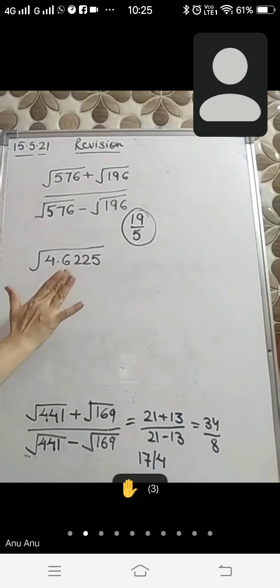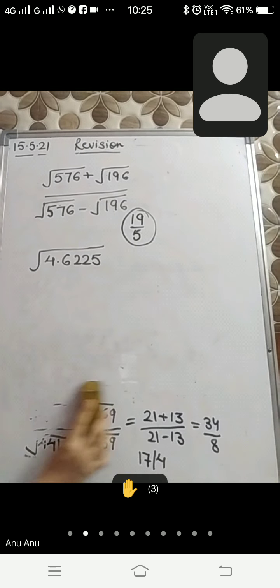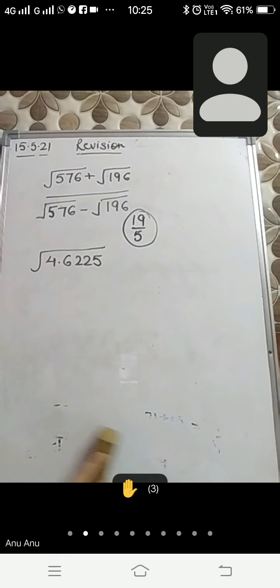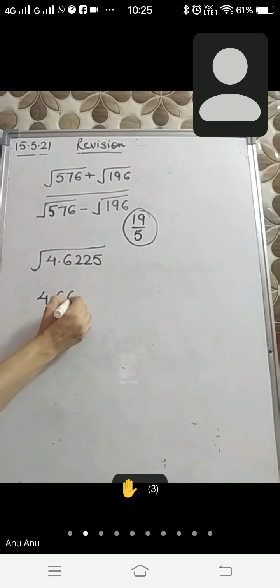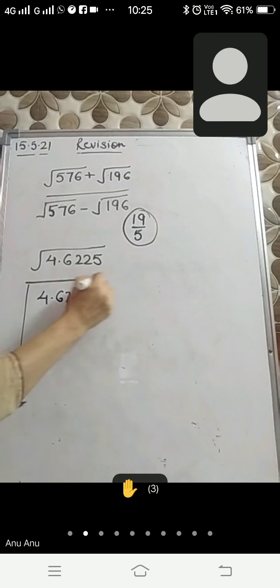Now, find the square root of this number. You can find the square root by prime factorization as well. By removing the decimal, you will put zeros in the denominator. And another way is to find it by the long division method. Wait, just let me check this question. Yes, it is correct.